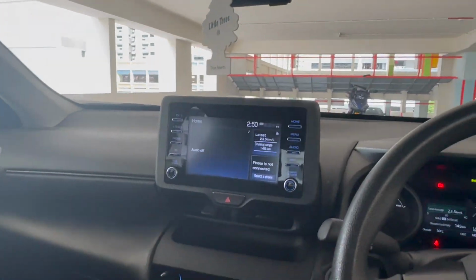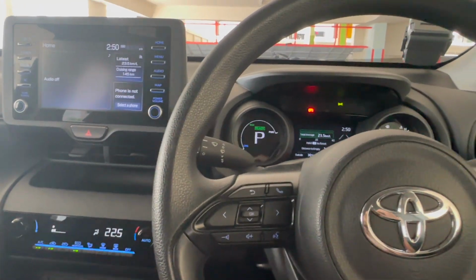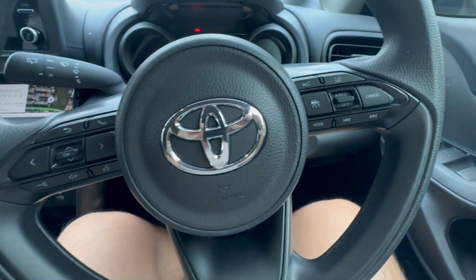So yeah, oh yeah, I almost forgot. No, actually I didn't. But yeah, basically that's all I have to say for this video itself. Let me just share my overall thoughts and summary for this car right now. Oh yeah, I almost forgot to show you guys one more thing, which is the indicators and the wipers controls